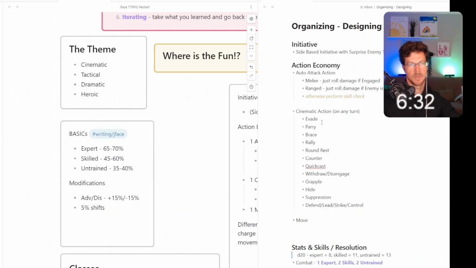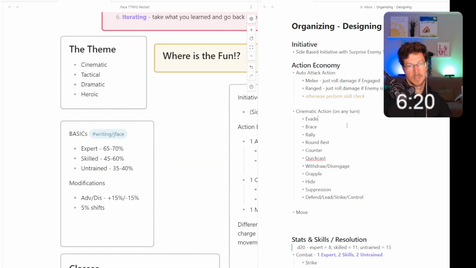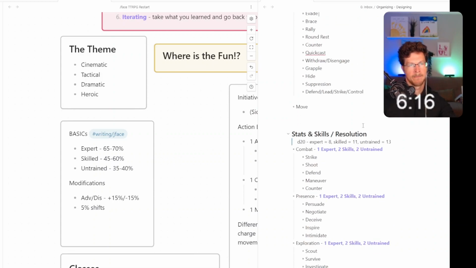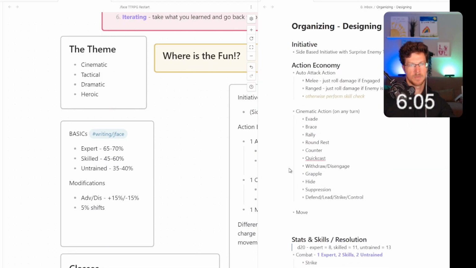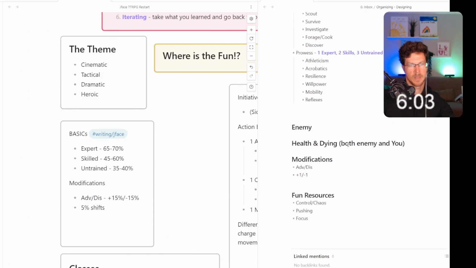Do we need this many ways of defending oneself? This is use weapon, which we don't have a weapon currently, so we can get rid of that. That's paring down. That's the next 20 minutes. What else do we want in here? We now have a simple resolution system and simple skills. We have actions, but we haven't fleshed out what those actions mean. We have to come back to that.